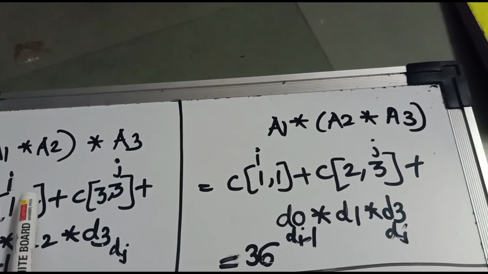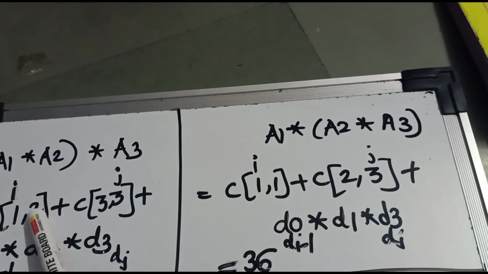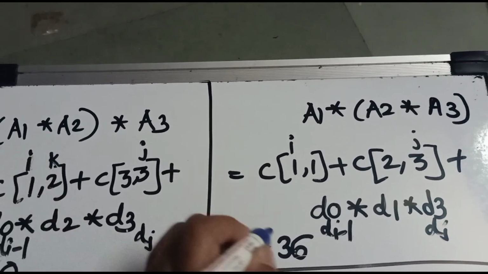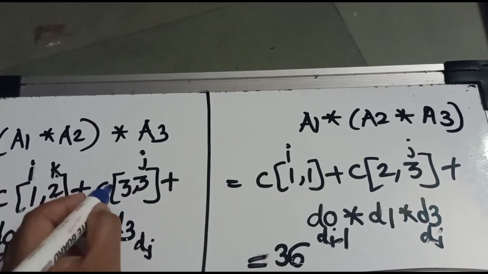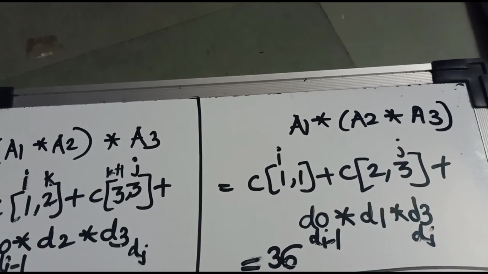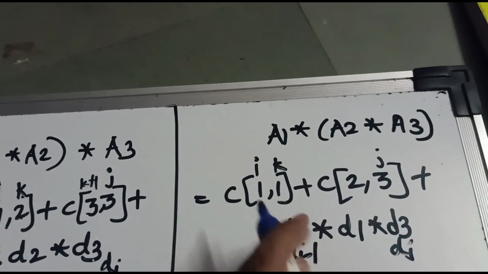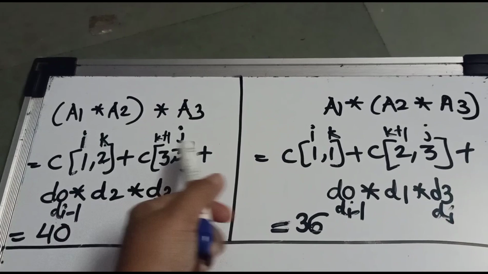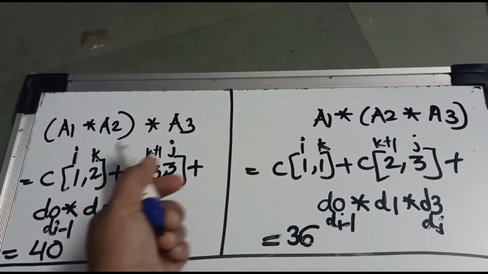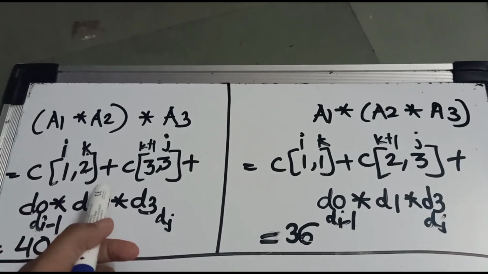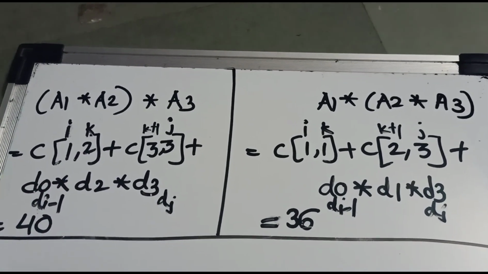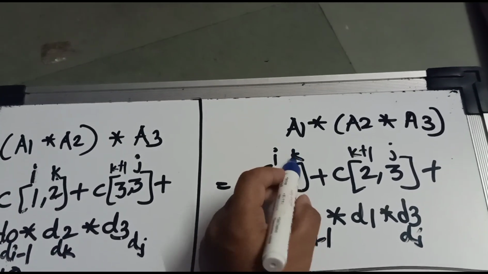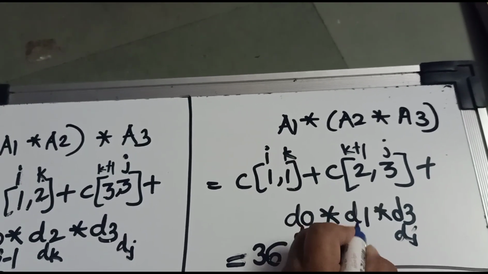Now this is 2, this is 1, this is 2 3, this is 1 2. So I can take one more variable, k. If k is 2, then 3 will be k plus 1. Exactly the same thing: if k is 1, k plus 1 will be 2. So try to understand, I am taking both of these equations and trying to devise a common formula from them. This d2, where k is 2, I can write as dk. Here k is 1, so I will write this d1 as dk.